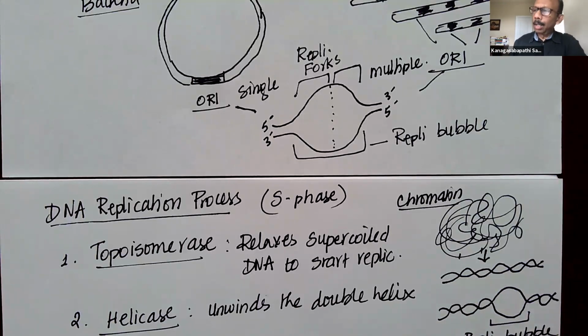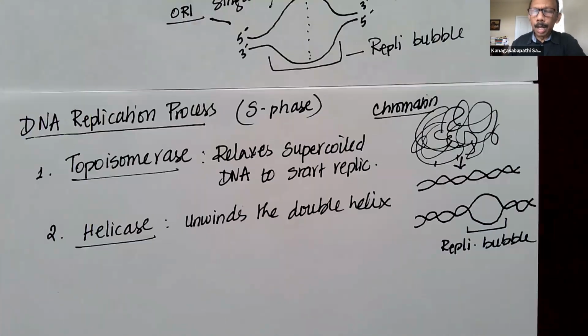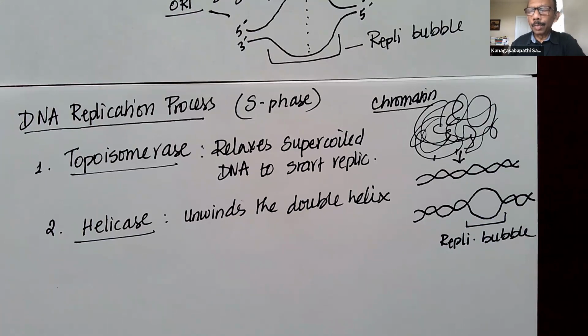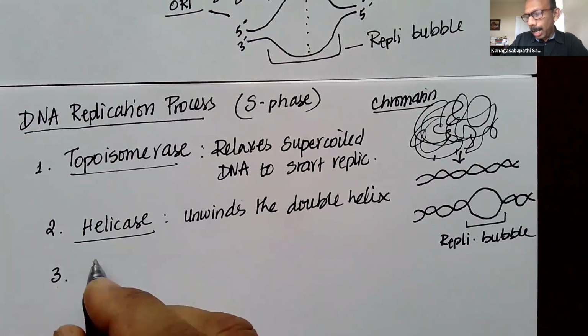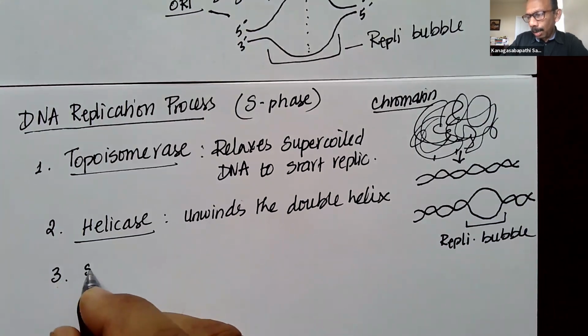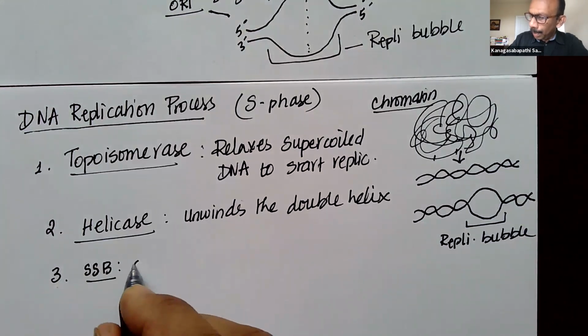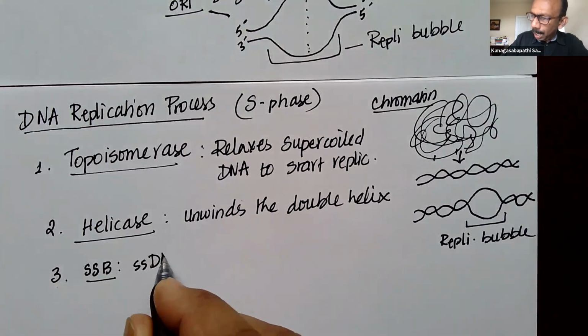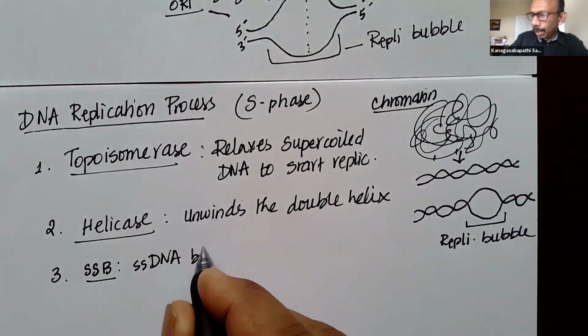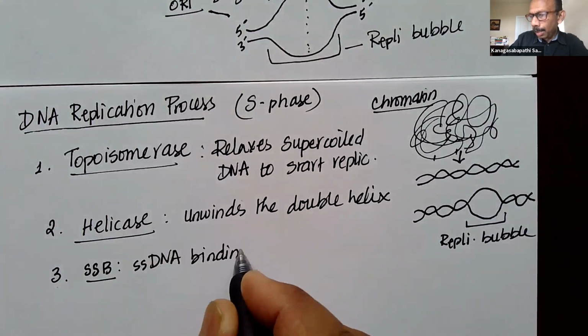So you wonder, the DNA has hydrogen bonds between the nitrogenous bases, and they hold the DNA together. So to prevent this DNA going back together, the SSB, which stands for single-stranded DNA binding proteins,